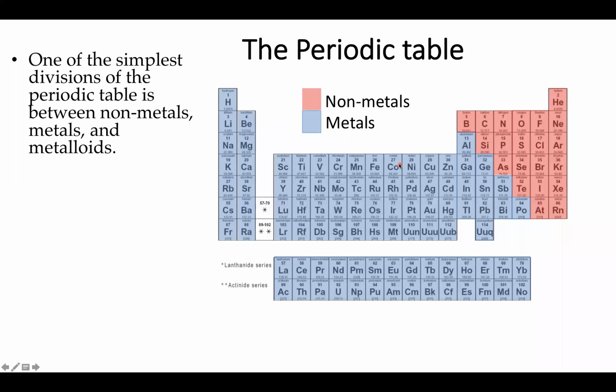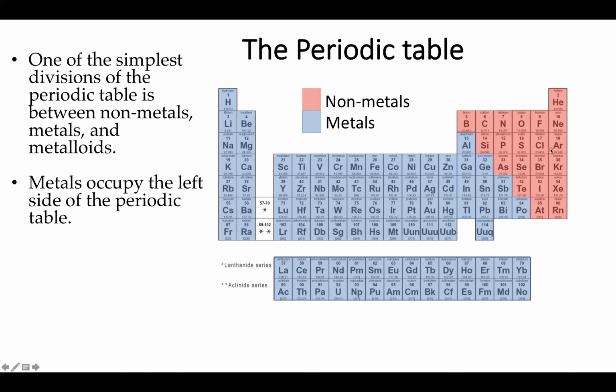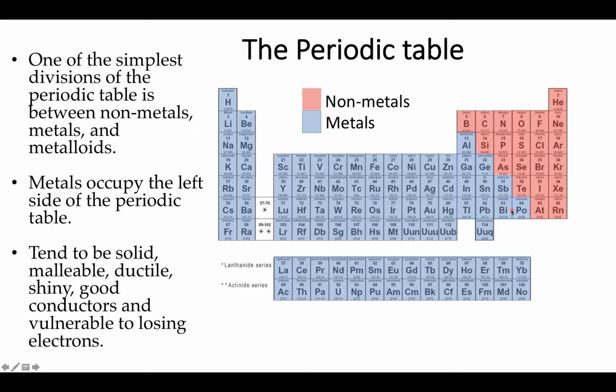One of the simplest divisions is between the metals, the nonmetals, and those that don't really belong in either category, the metalloids. In the grossest fashion, we can break the periodic table into metals over here in the lower left and nonmetals over here in the upper right. When we're talking about metals, these tend to possess certain reliable phenomena. First of all, with the lone exception of mercury, they are solids, no liquids or gases